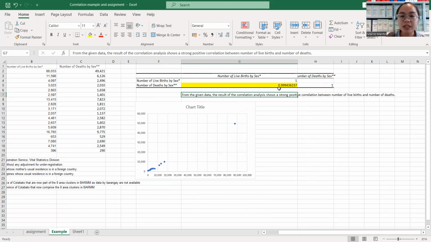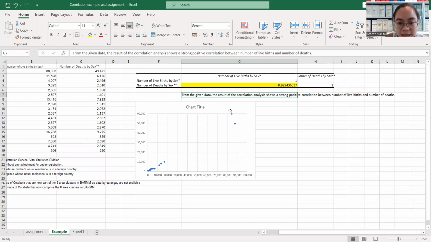From the given data from PSA, the number of live births and number of deaths, we computed the correlation, and the result shows that there's a strong positive correlation because the result is 0.99. So there's a strong positive correlation between the two variables, the response and the explanatory variables.